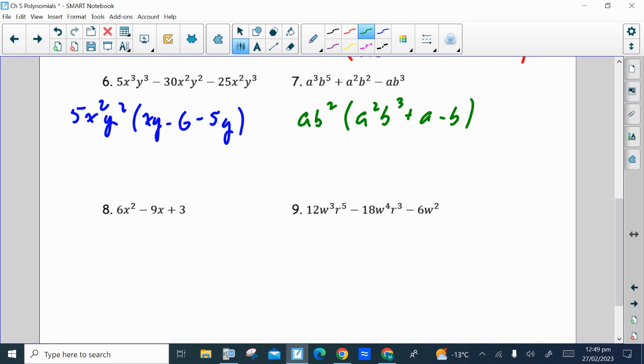If you multiply it out, you get what you start with. A to the 1 times a squared gives you the a cubed. B squared times b cubed is b to the 5th. A to the 1 times a to the 1 is a squared. This b squared is not multiplied by any b there, so it stays b squared. So the second term is right. Ab squared times b would be ab cubed. So yes, Keen guessed correctly this time. Doesn't happen very often, but